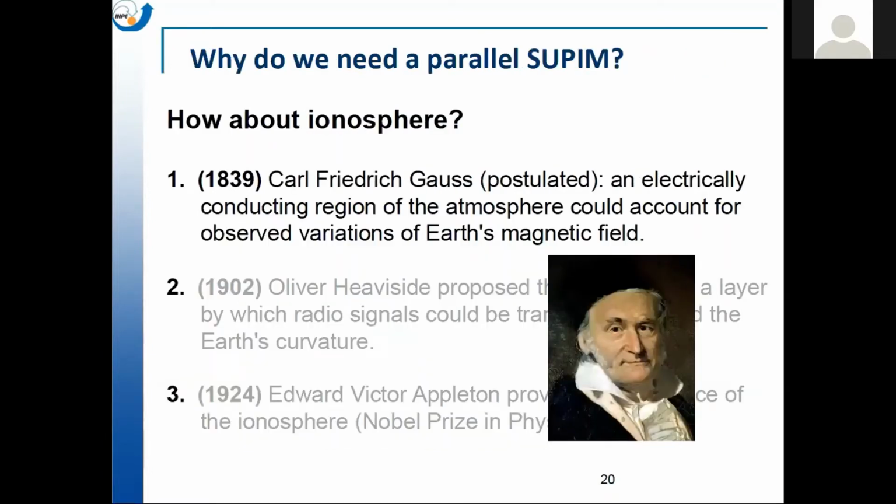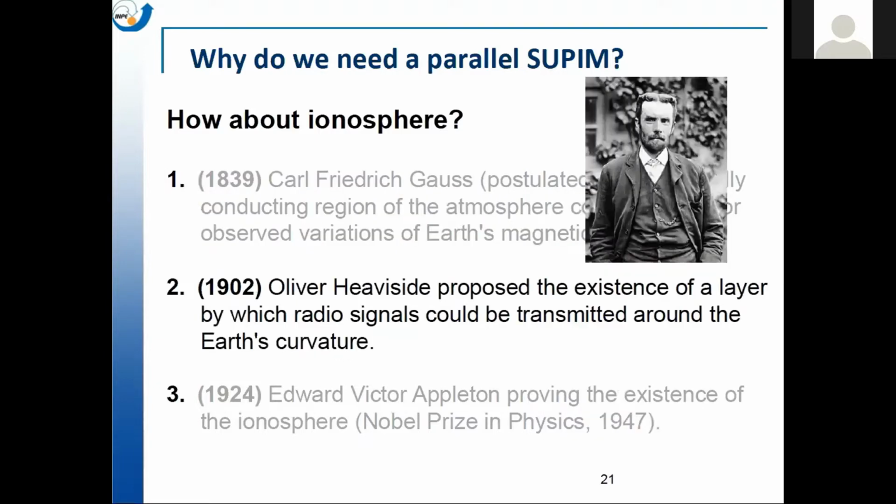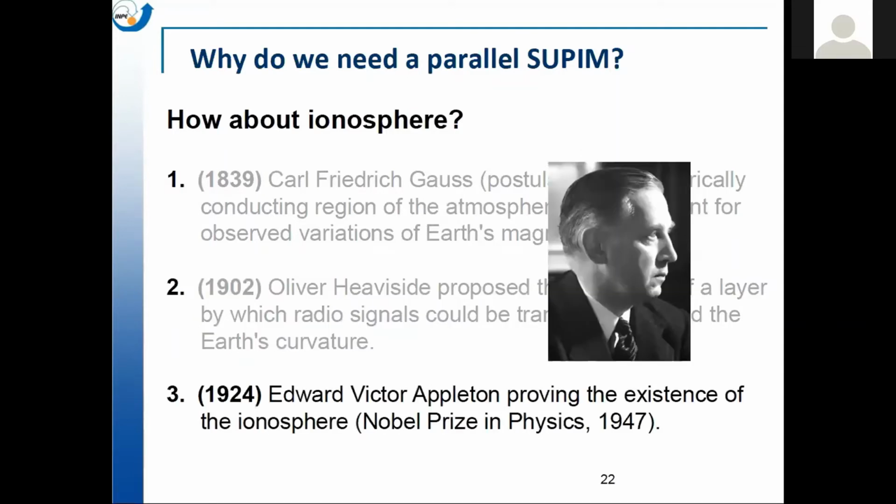And the ionosphere, well, Carl Friedrich Gauss postulated that an electrically conducting region in the atmosphere could account for the observed variation of the Earth's magnetic field. Oliver Heaviside, in 1902, proposed the existence of a layer by which radio signals could be transmitted around the Earth's curvature. But in 1924, Edward Appleton proved the existence of the ionosphere. Because of this, he got his Nobel Prize in Physics. And then,